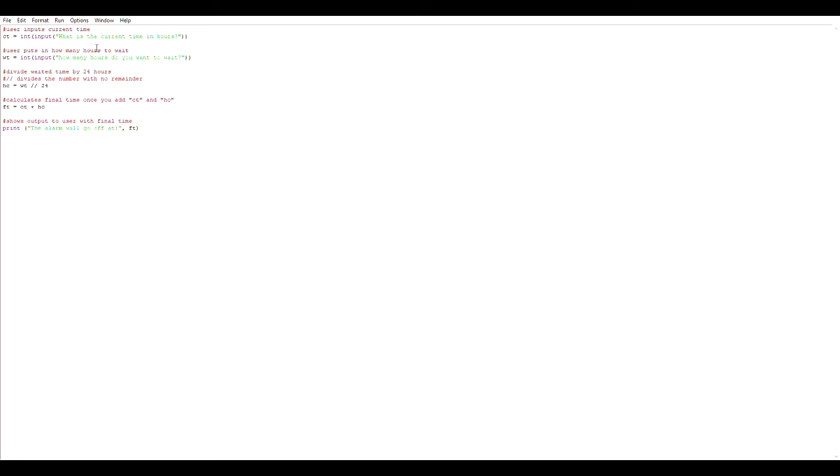So how many hours does the person want to wait? And it's the same thing, the integer because the user has to put a number in, and then it will show up how many hours you want to wait to the user. So he or she puts in the number of hours she wants to wait, and then it does the calculations